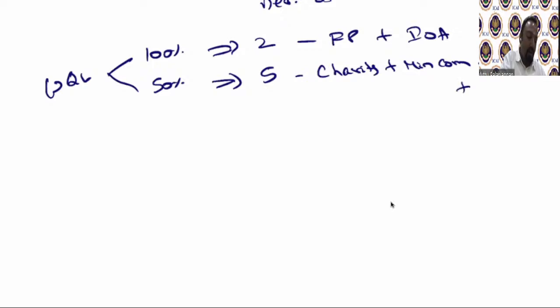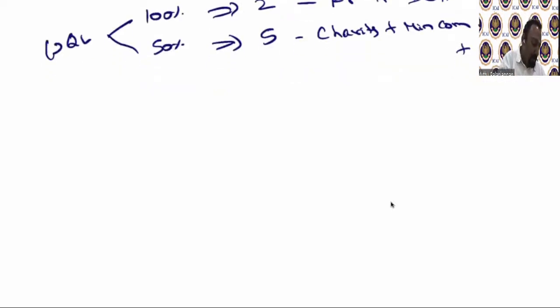And then you have religious, that is restoring. I'll call it historical. I'll call it history. So these 5 funds come under that. So I can remember these 7, right? 2 plus 5, that is easy. Now I also remember